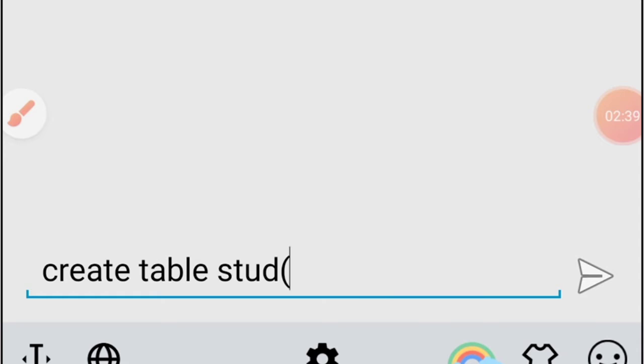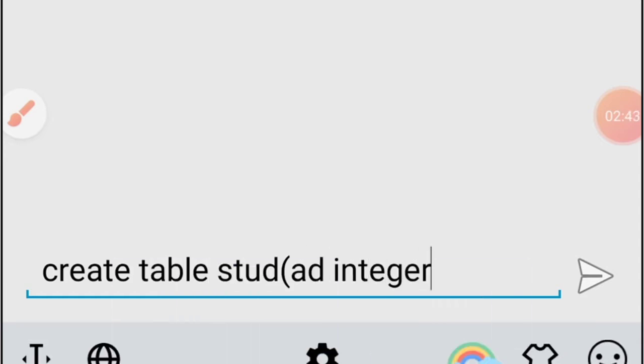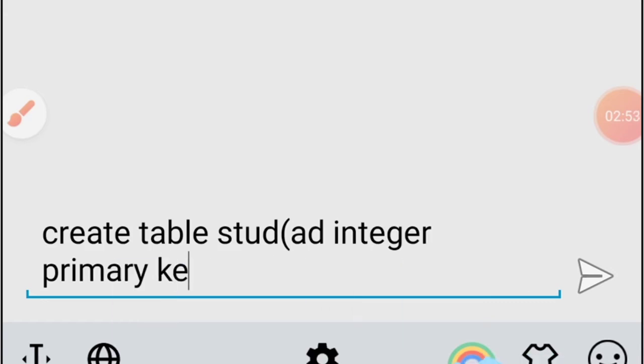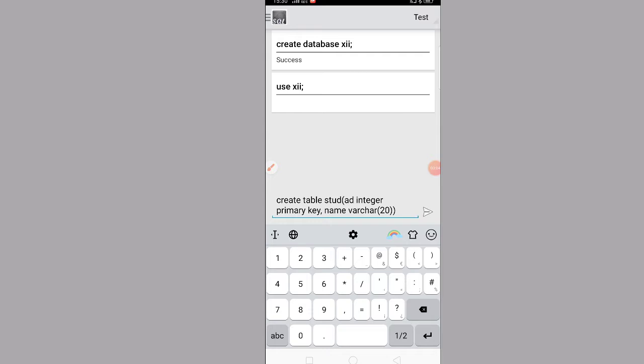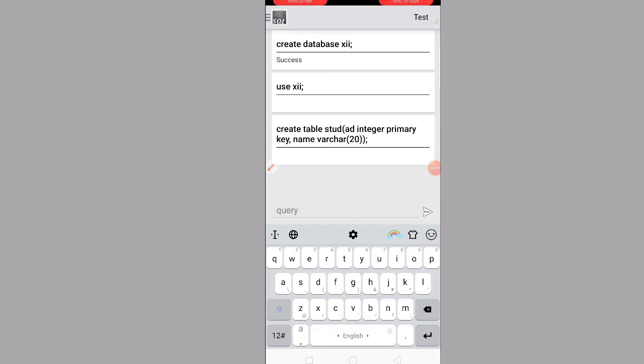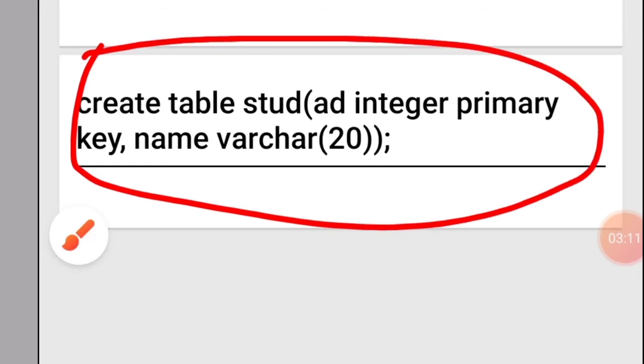Here I will give admission number, integer, primary key, comma, name, varchar 20, and after that close the bracket. Now when you click on this option, it will show you this. That means your table is created.